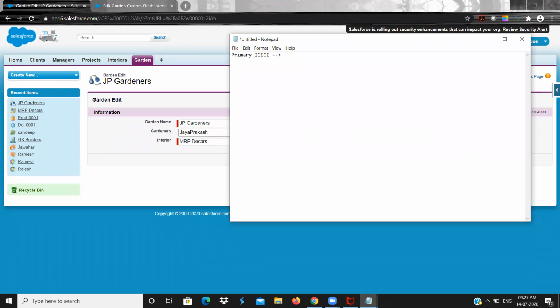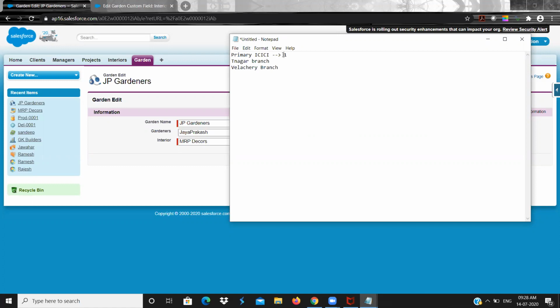Apart from that one primary, you have T Nagar branch, and Velacheri branch, and so you have like 10 branches. These are all branch offices, and the primary account is the head office.